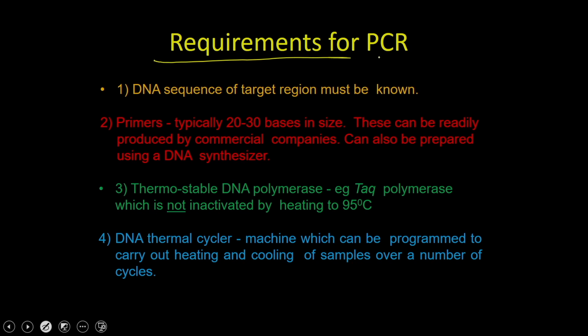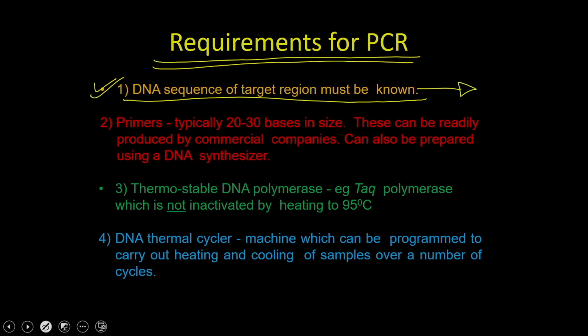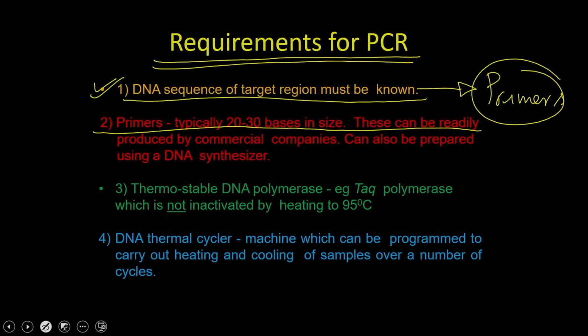There are requirements for the PCR. Before you start the PCR, you should know all this, and only then will you be able to do the PCR. What are these requirements? The first requirement is that you should know the DNA sequence of the target DNA, because if you do not know it, you will not be able to synthesize the primers, because this information is required to synthesize the primer, and the primers are complementary sequences